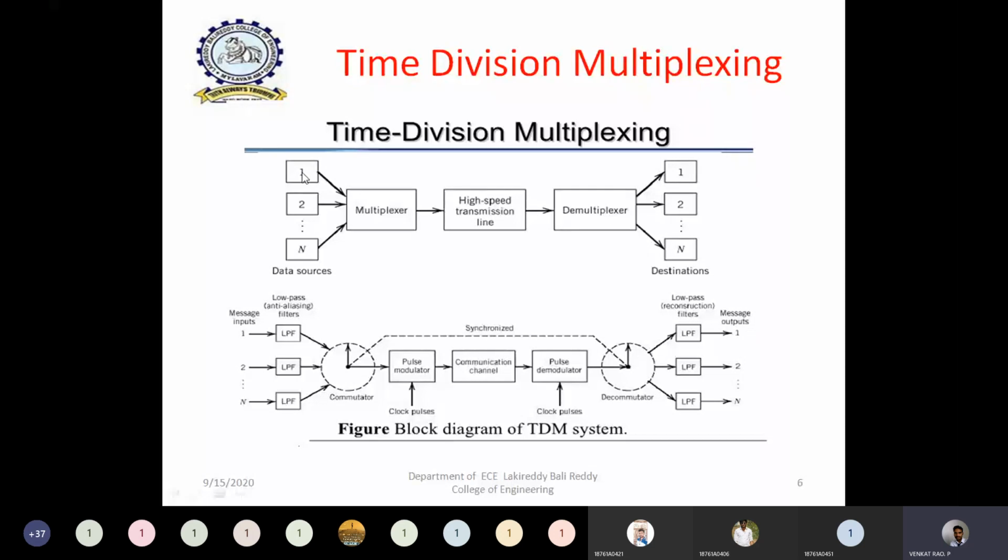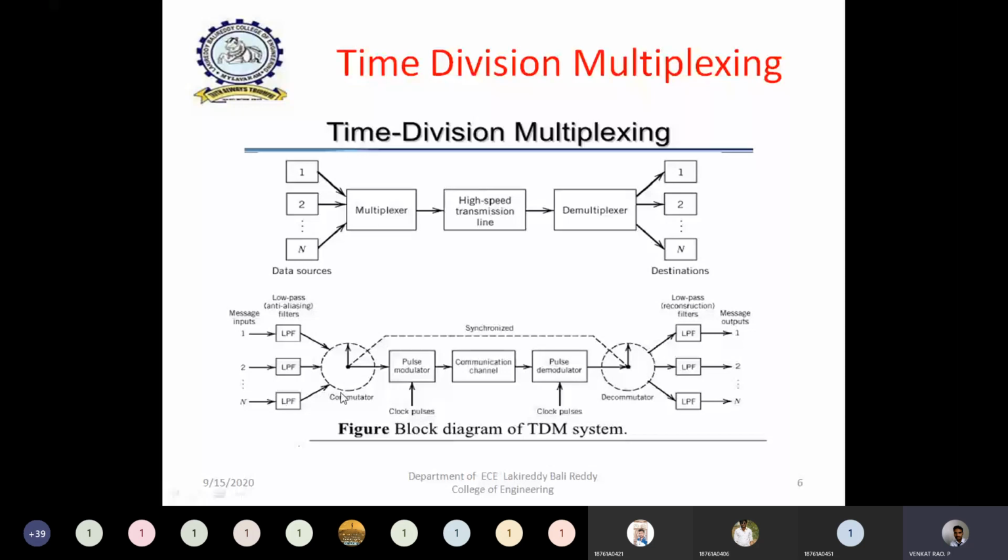multiplexing process. Whenever there are a number of data sources, these data sources are going to be transmitted in a single communication line by using a multiplexing technique. Since it is time division multiplexing, on the basis of time, these number of data signals are going to be transmitted in this single communication channel. That means during one time instant, the first signal is transmitted. During the second time instant, maybe the second data source will be transmitted. This is the general way of treating time division multiplexing.